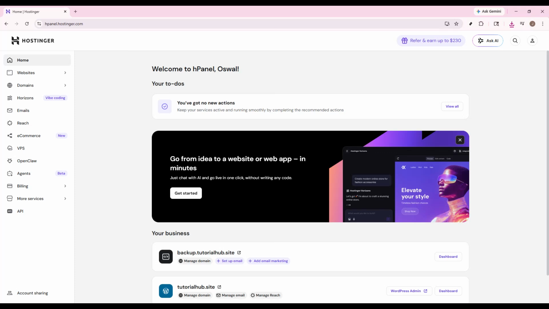If you want to install WordPress on a Hostinger subdomain, this guide will walk you through the full process step by step. By the end, you'll have your subdomain created and WordPress installed on it, ready for your blog,